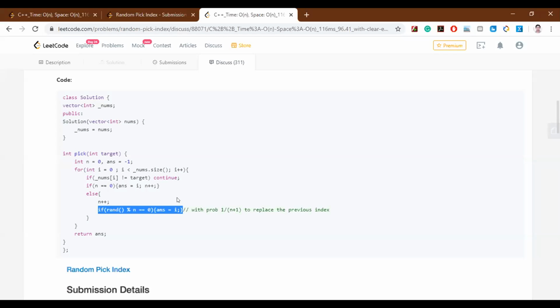What is the output of the rand function? The rand function generates any number, but if you take modulo n, then as a whole this expression will give a number between 0 and n-1 only.